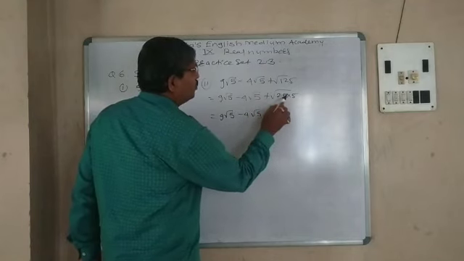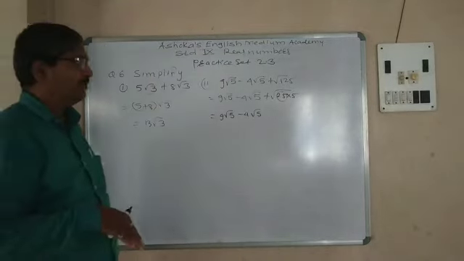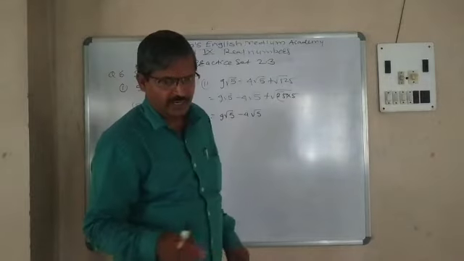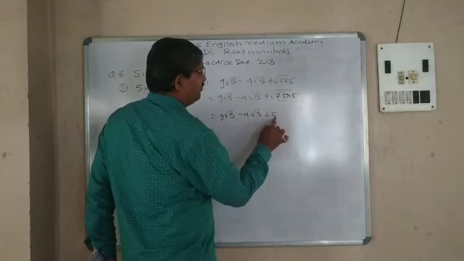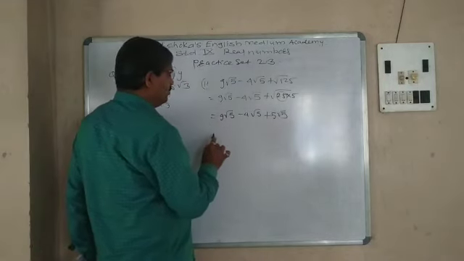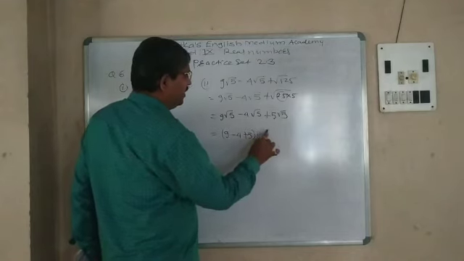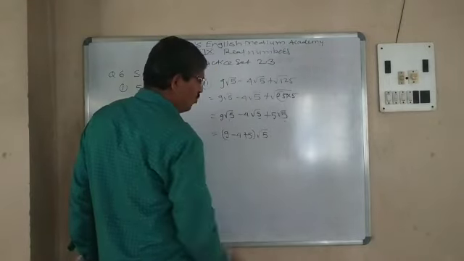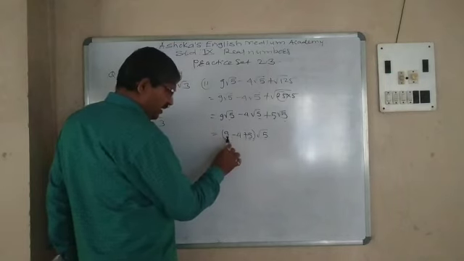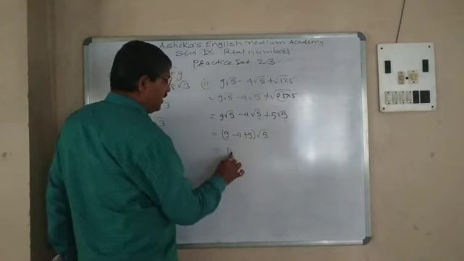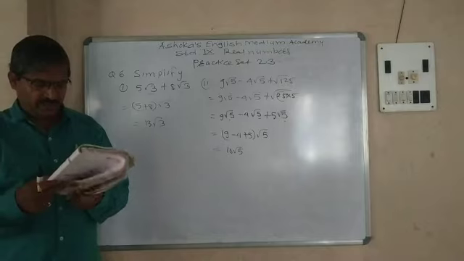Here 25 is the number whose square root can be calculated, and that must be the bigger factor, while the number whose square root cannot be calculated must be the smaller one. Therefore the square root of 25 is 5, giving 5 under root 5. Now check here, root 5 is common, so 9 minus 4 plus 5 in the bracket, and root 5 is taken common outside the bracket. Then 9 minus 4 is 5, 5 plus 5 is 10. 10 under root 5 is the answer.